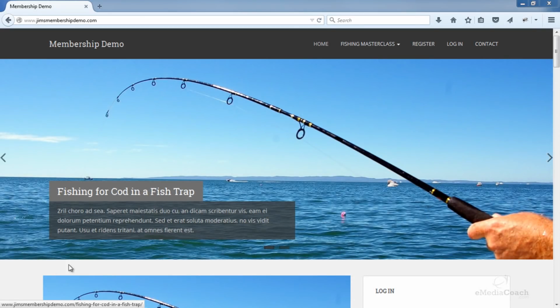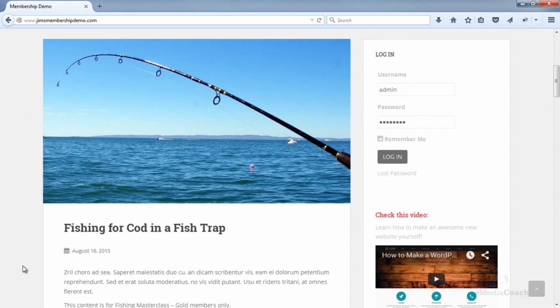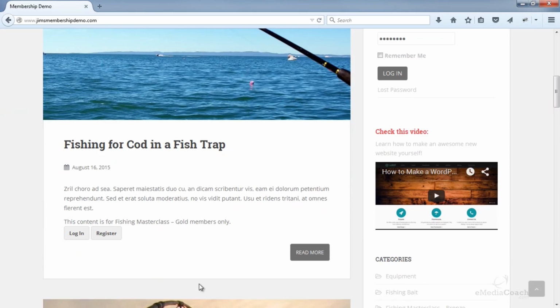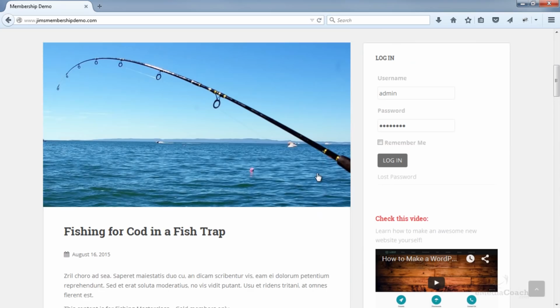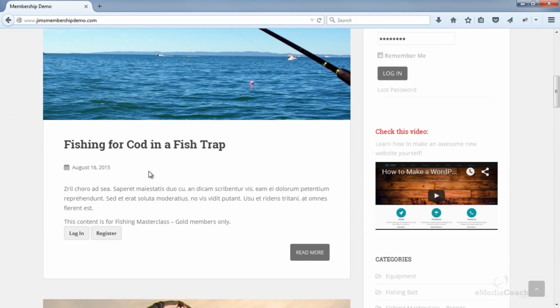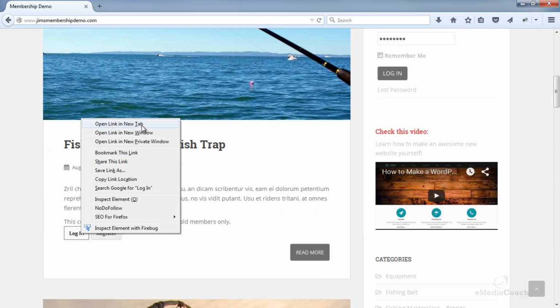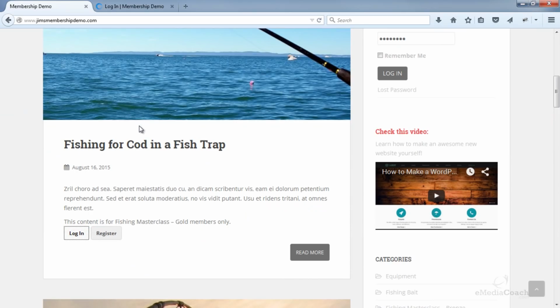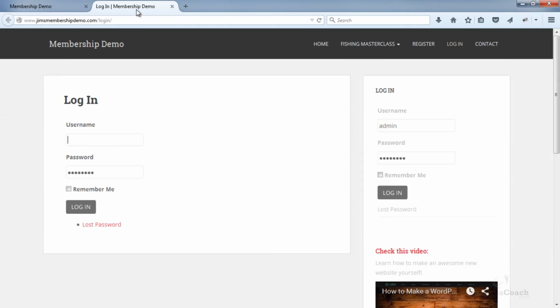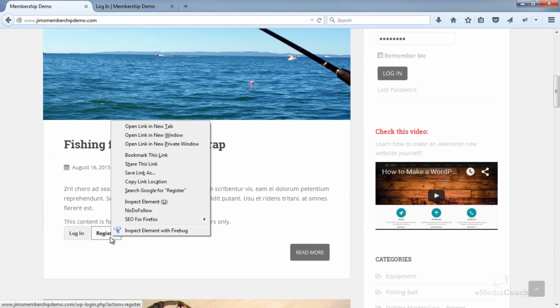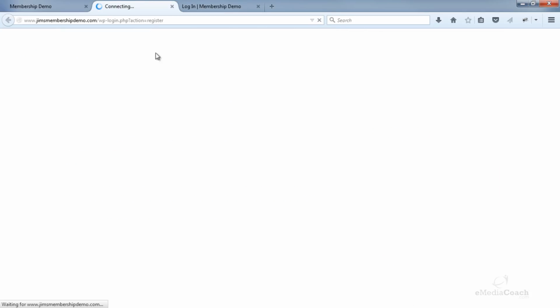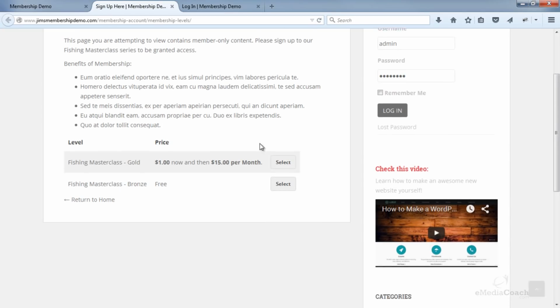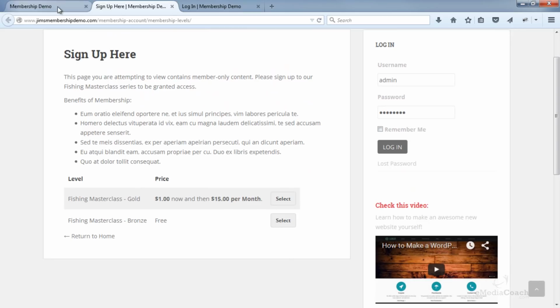So that concludes this video on how to make a membership website. I've taken you through everything from setting up a site to adding the membership functionality to restrict content based on whether the users are a member or not. So they've got the option of logging in if they are a member, or they can register, and after registration they will have access to the locked content.